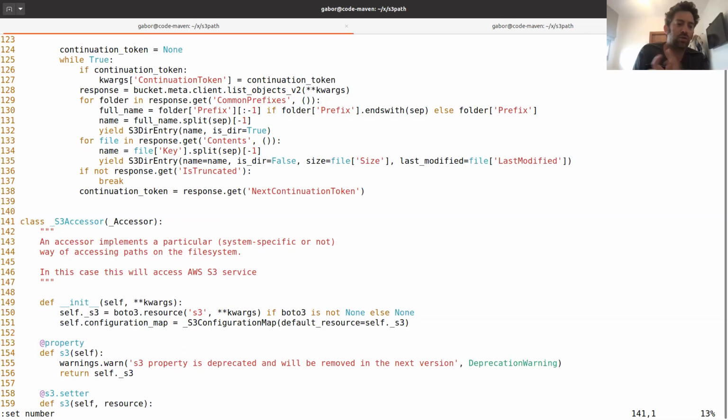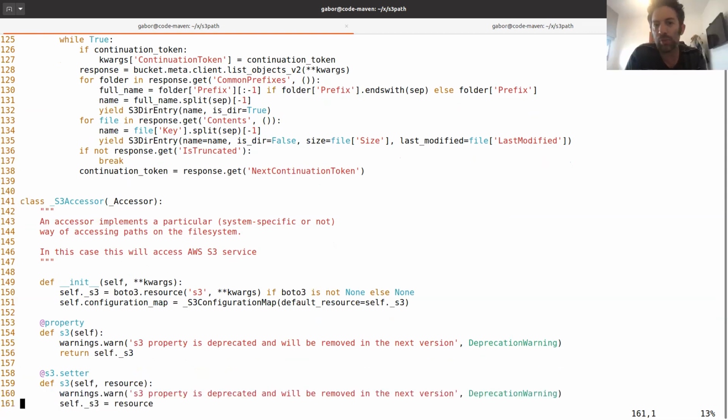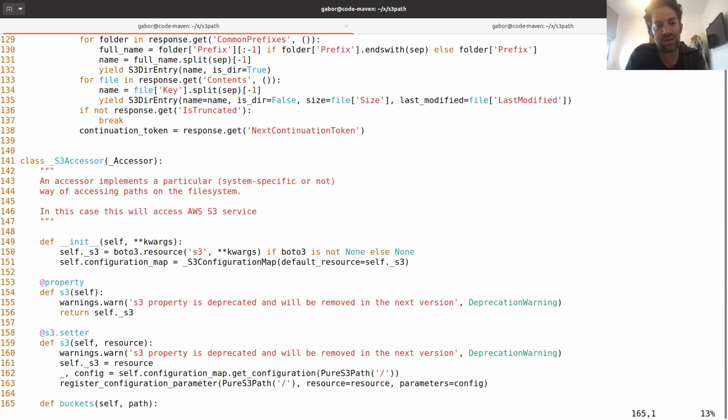Okay, so the accessor, in the normal pathlib, is the class that maps the functions to OS path methods. Okay. In our system, it's the place where I do the boto stuff.